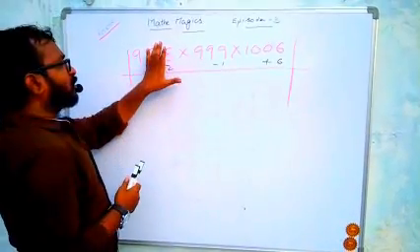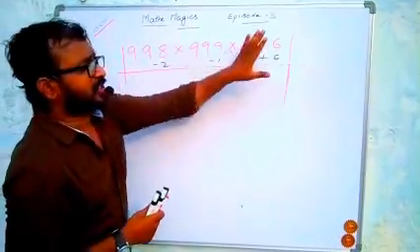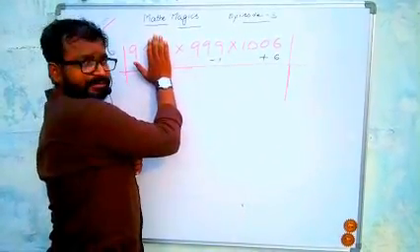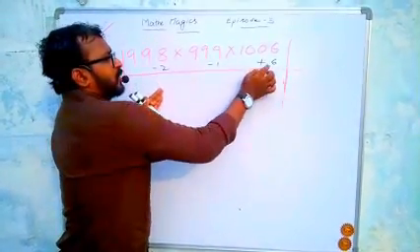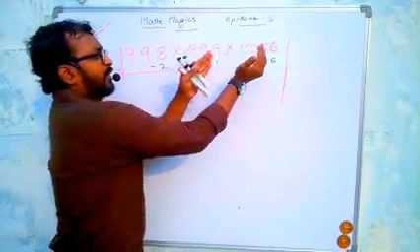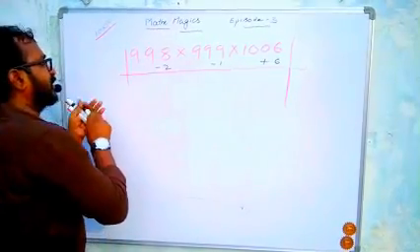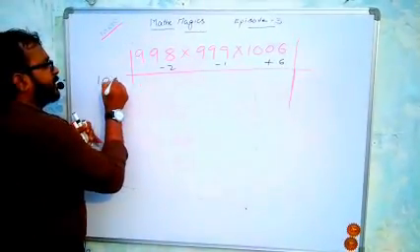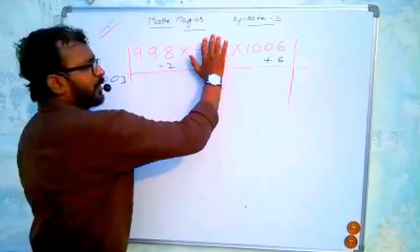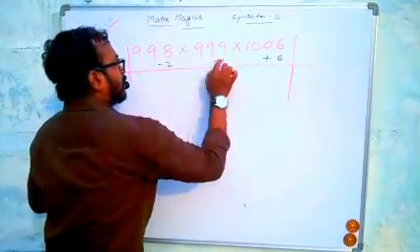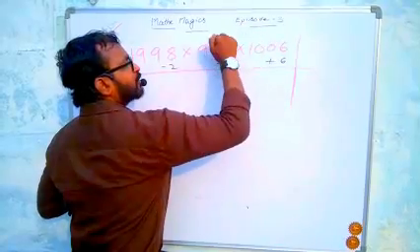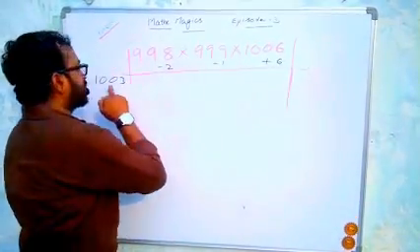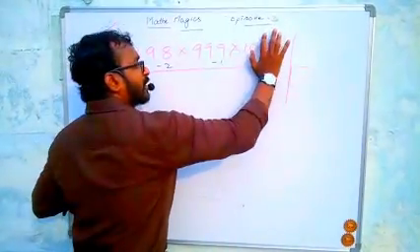Now you can close any one of these three. If you close this one, you have to add these two numbers. Minus 1 plus 6 is plus 5. Add that plus 5 to the 998, and we get 1003. If we close this one, we have to add the other two. Minus 2 plus 6 is plus 4. Add the plus 4 to the 999, and we get the same value. If we close this one also, we get the same value.